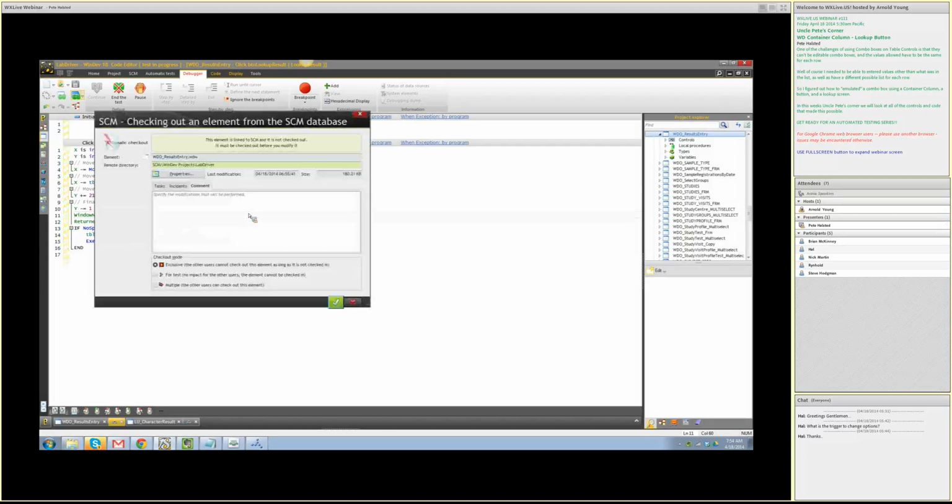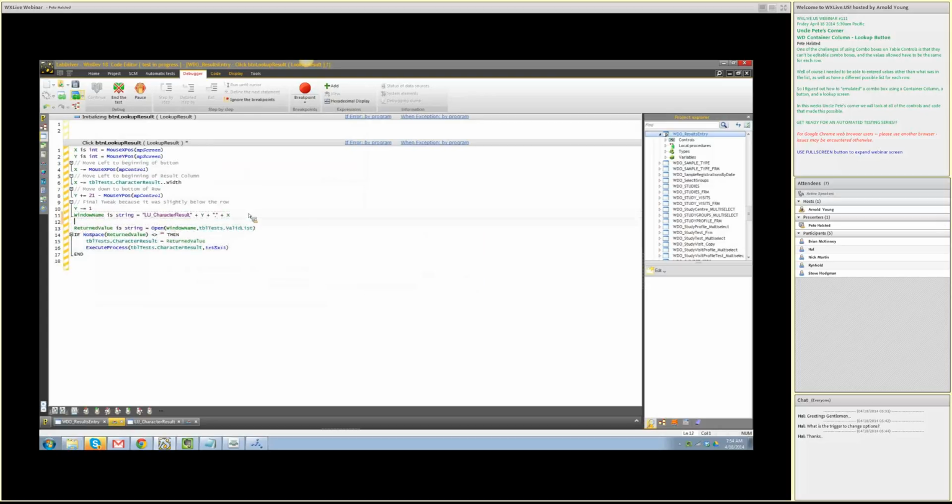But if you were to try to do open LU character result, comma, Y, comma, X, that's not right, because that Y and X would be treated as parameters passed to that window, not as the X and Y position of the window. So that's the reason that I have to put the window name with the comma Y, comma X in a